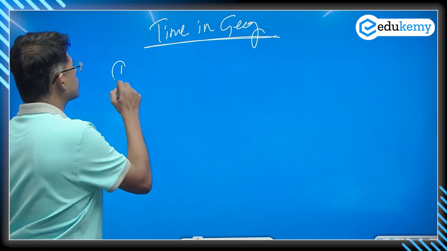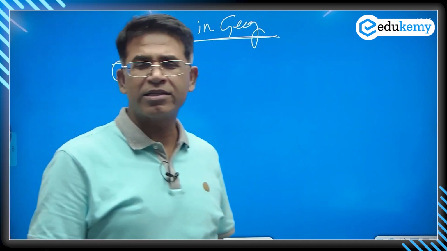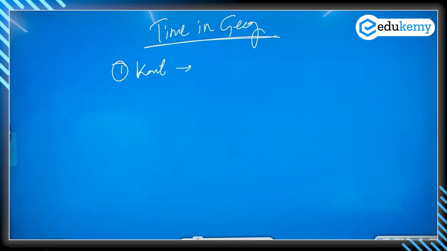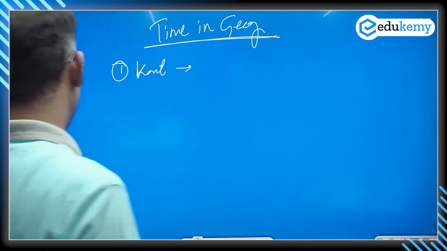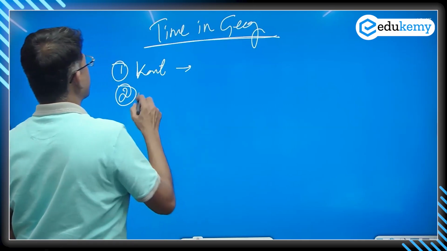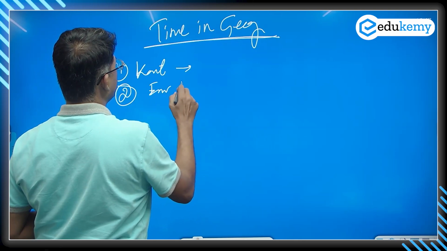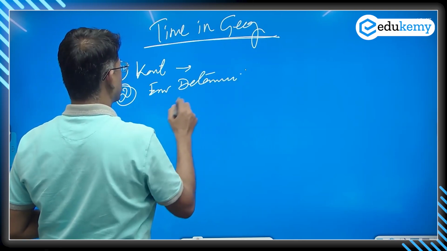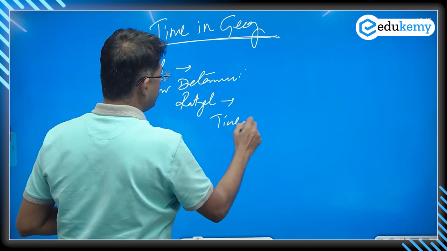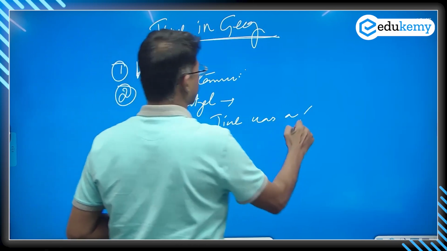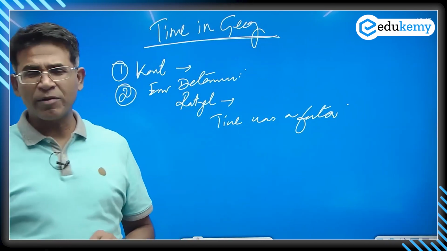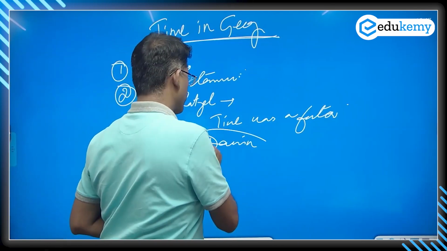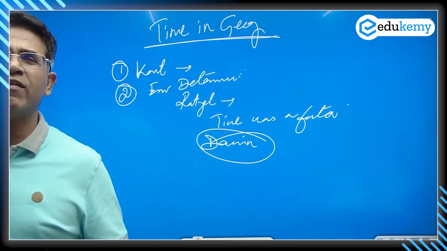So you start the story with Kant. Kant is time-space dichotomy. Geography is chronological. Geography is not chronological. So Kant starts the dichotomy of time and space. That's one. Number two, during the time of environmental determinism, the works of Ratzel, time was a factor. Time is coming back. Time as a factor because there is Darwin's influence. Darwin, evolution.